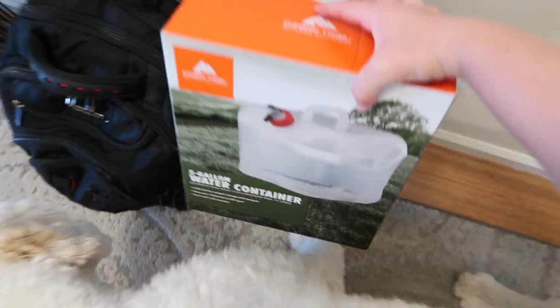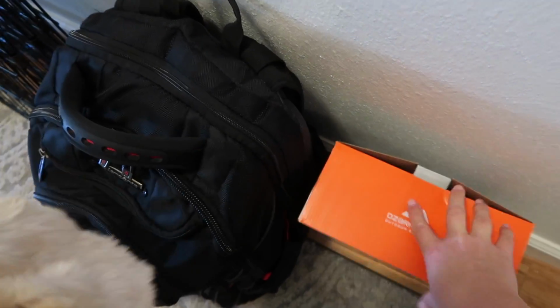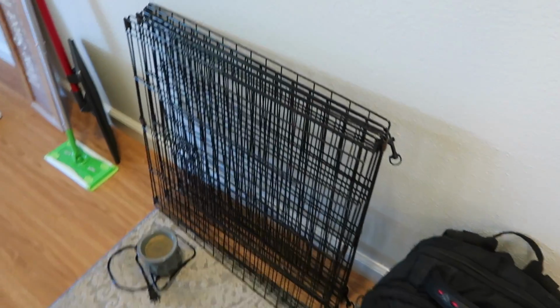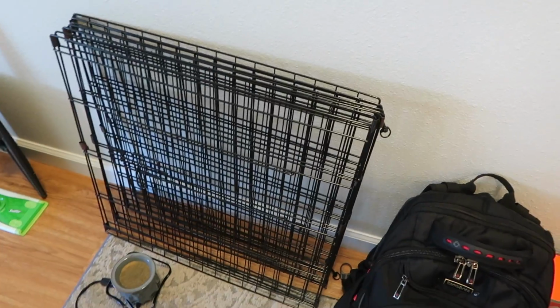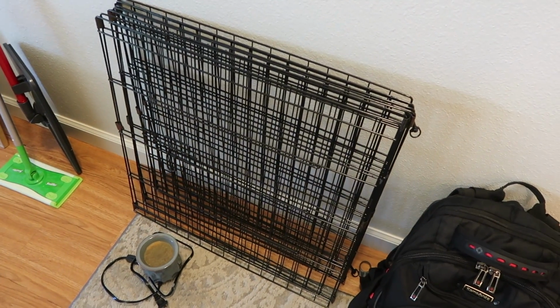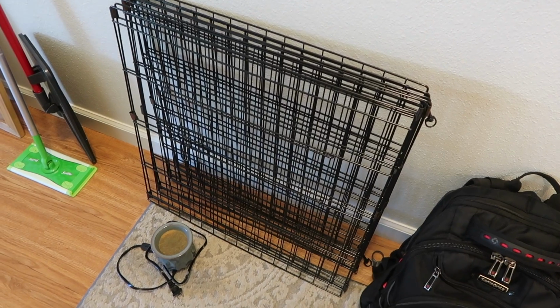This right here is a 5-gallon water container if we really desperately needed to fill that up, if it was a real emergency. This is Sherman's little playpen. It folds out into a big circle. It's from Amazon. I highly recommend it if you have a puppy that you don't want to leave alone